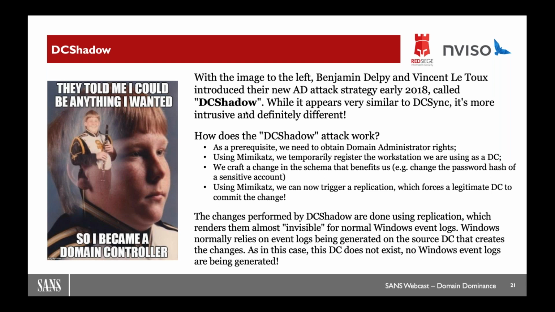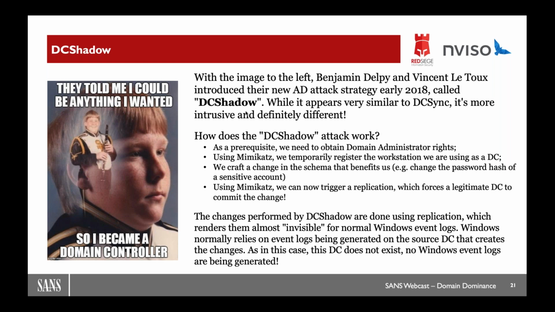So I'm actually making changes to the schema, and it gets uglier. Imagine you create a user account on a certain domain controller. That's fine. The event ID of that user creation is logged on that specific domain controller. What happens if I use this attack to make a change and trigger replication, so my change gets persisted onto all of the other domain controllers?